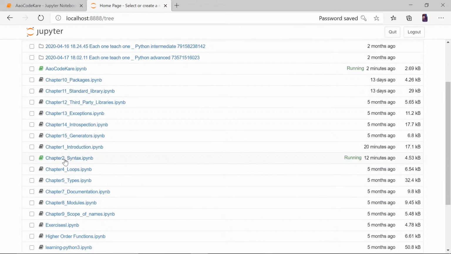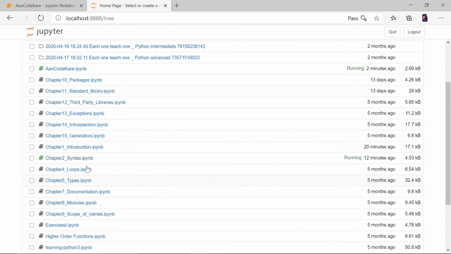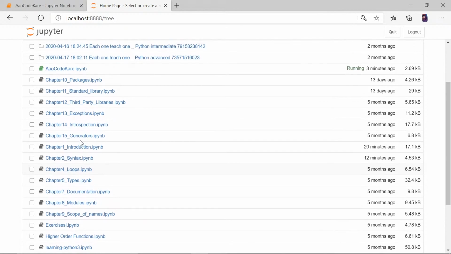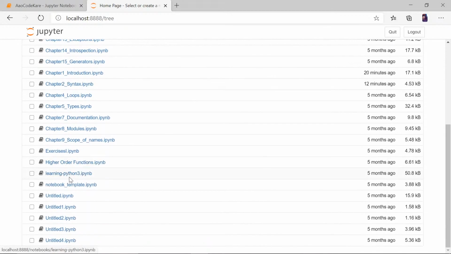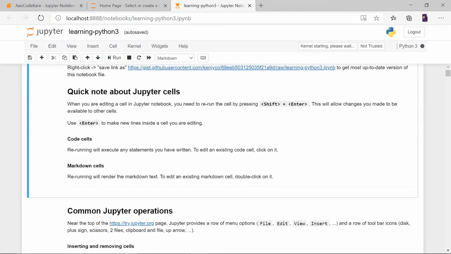So chapter 2, I think I did not close chapter 2 properly. This is why I was saying you should always close things by doing this file close and halt. So, moving to chapter 3. Oh, do we not have a chapter 3? We should have a chapter 3. I had it sorted, no? Learning Python 3 IPv1. I think we have all the notes in this one, IPv1, sorted. Okay, yes, I know this.